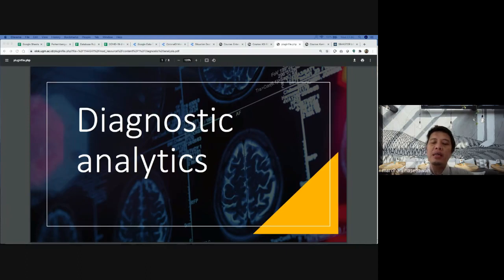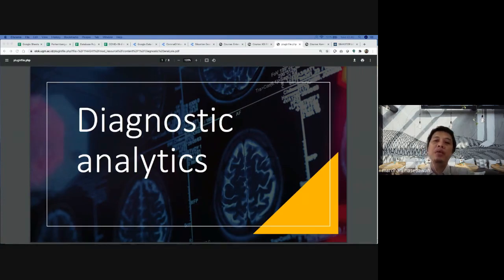Maybe in the last meeting before the midsem, you already learned about exploratory data analytics. This is one of the types that we need to do in the data analytics process, and its function is to explore and observe all the possibilities of the data.